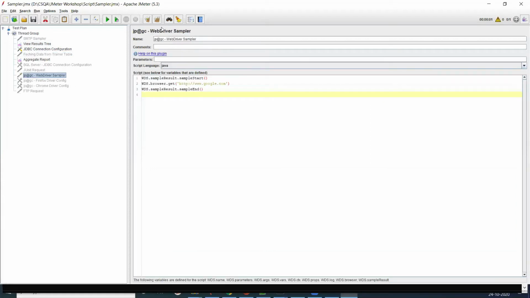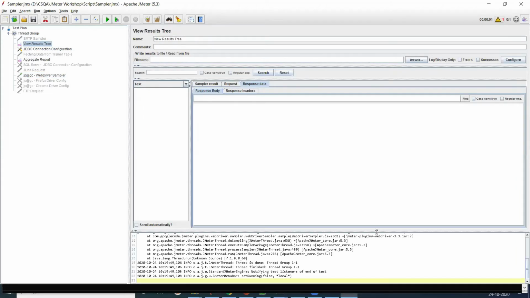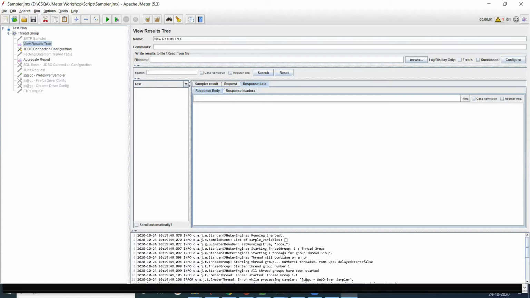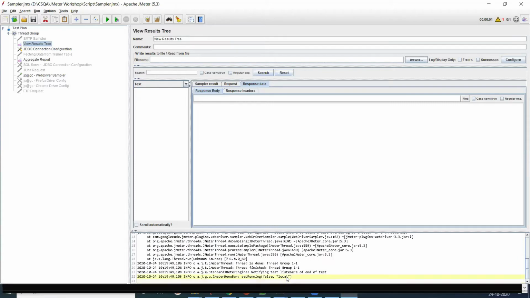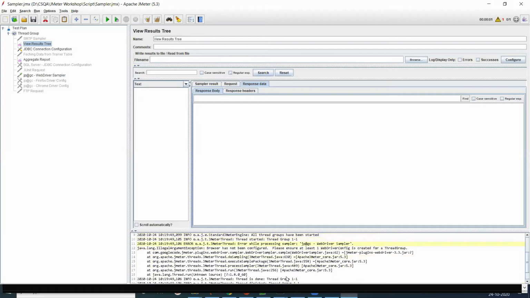Now, when I run this, it won't run, and here, see, I'll get the error. Here I don't have any result because it doesn't get any driver information. See, error while processing because of this.